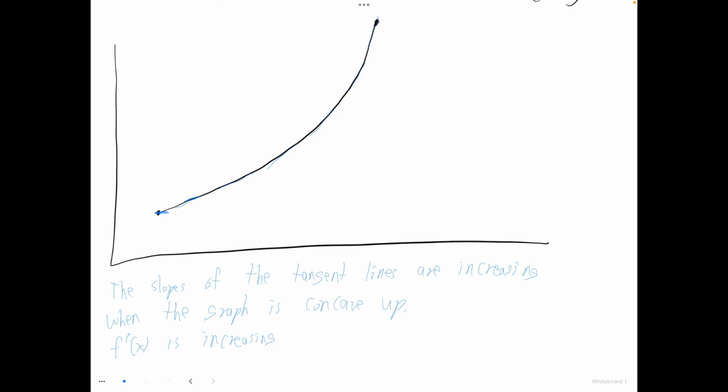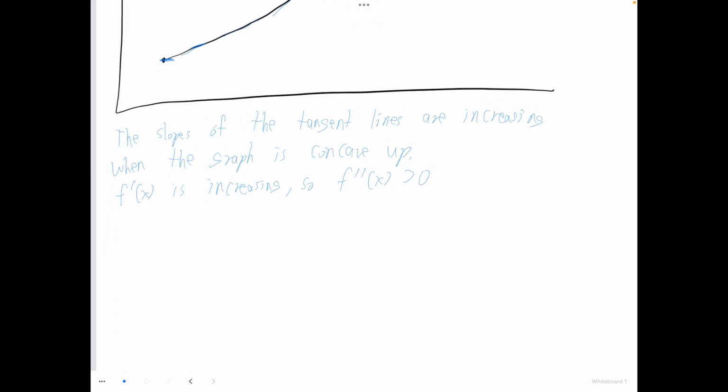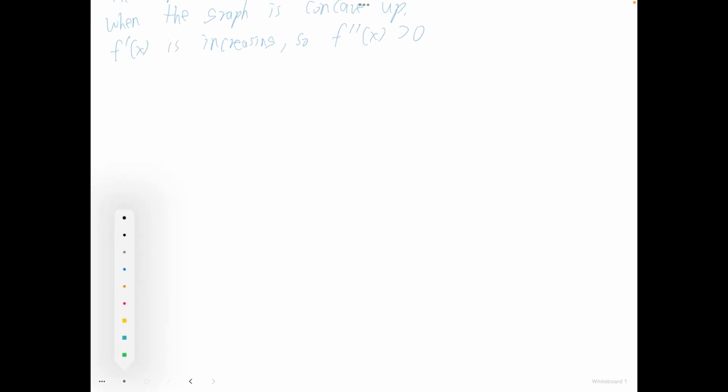Well, we know that that means its derivative is positive, so the second derivative is greater than 0. Since f prime, the derivative, is increasing, its own derivative, the second derivative, must be positive. And similar to this idea,